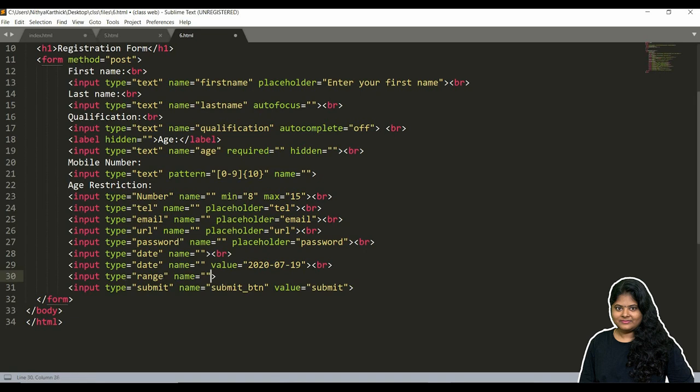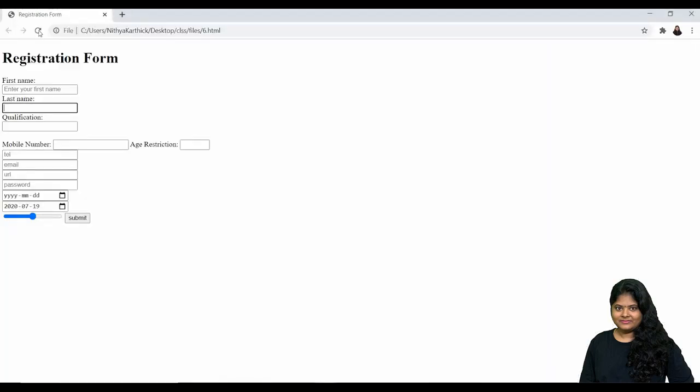So next one is range, so the input type is equal to range. For range you can give min and max, which we have given already for number, right? So for min, I'm giving this range for selecting a salary range, from 1 lakh, max 2 lakh. Just giving like this. Okay, when I execute this range, it will come with a bar. You just see the result, right? So you will be getting one range bar.